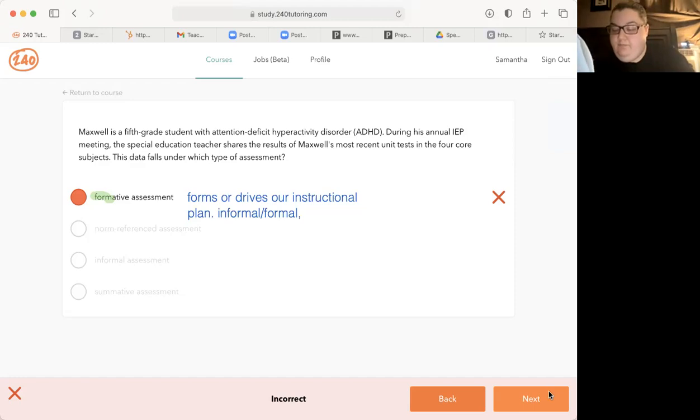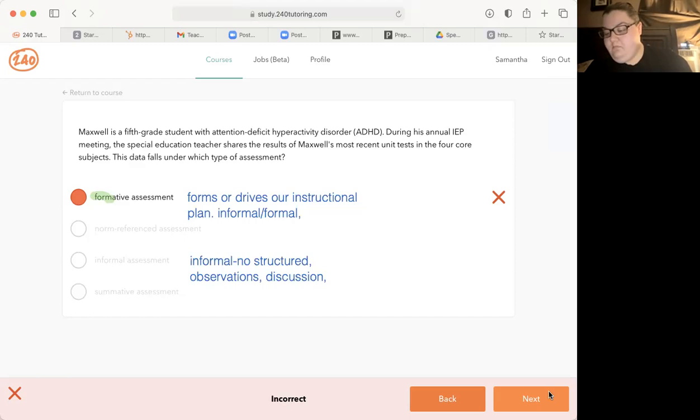So formative instruction happens, and this is very important, before or during the unit of learning. You can think of it as like 6 weeks, or like a semester exam, something like that. Or it could just be your unit. If I'm an ELAR teacher and I'm doing the Scarlet Letter, I can have my whole unit on the Scarlet Letter, and anything before and during is considered a formative assessment.